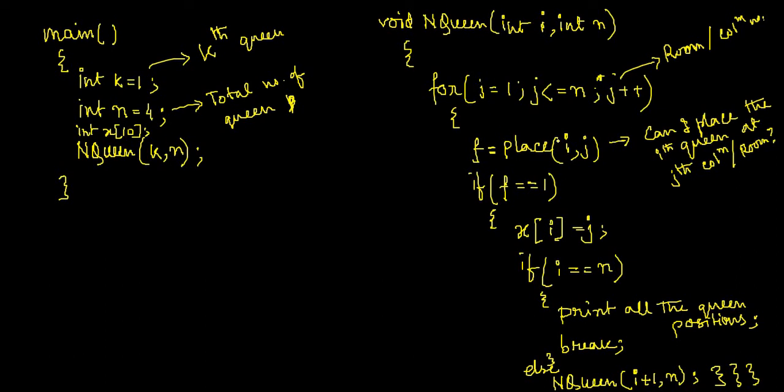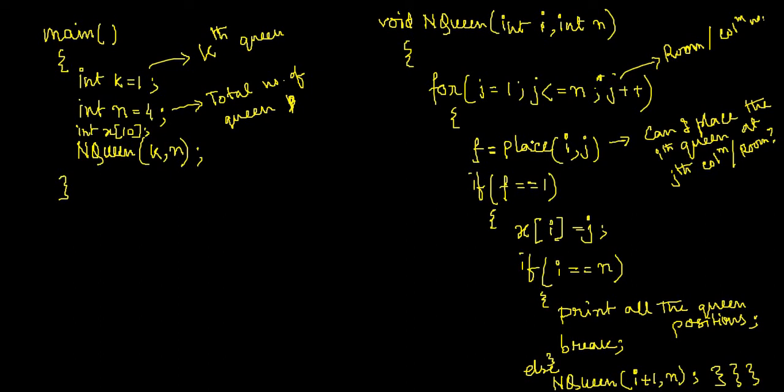For example, if I assume that i equals 1, that is the first queen, and j was 1, that means the first queen is being placed in the first column. And if there is a collision, that means the king has to try to place the first queen in the second column. That's why the j loop will run once more. j will be incremented by 1 and place(1,2) will be called. That's all. So in this way, for some ith queen and some jth position, we have to find out and do this. But the main intelligence of the whole algorithm is not implemented yet.